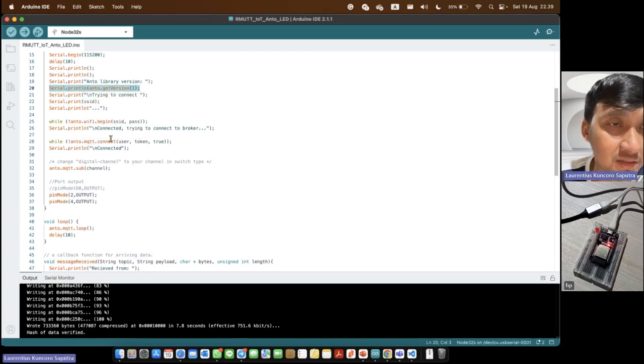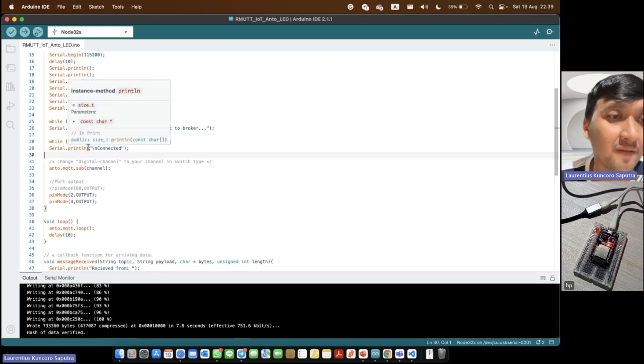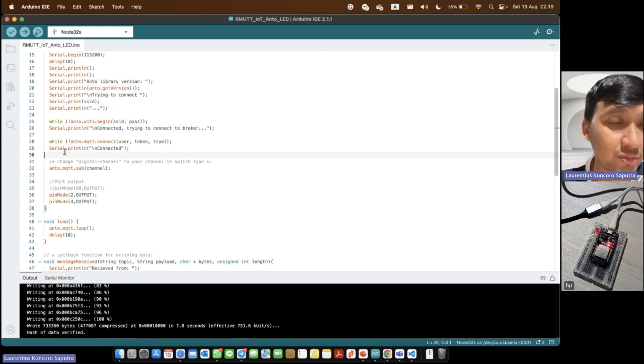It requires our username and the token for the key. It requires 2 parameters, and we can set the third parameter to true. After successfully connecting, the ESP32 will print the information that it is connected.